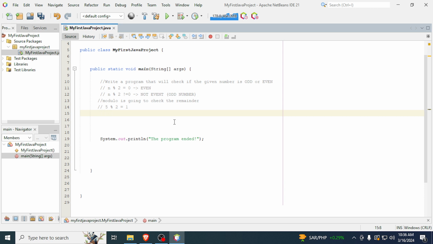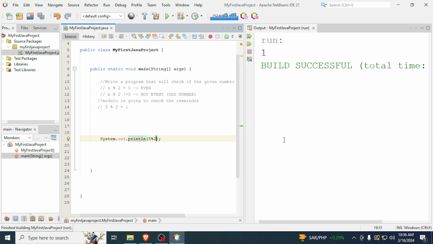Alright, so to show it, let's create here our literal example. Let's say, for example, the number 5 modulo 2, and let's click play or run. So we got 1. Alright, so 5 modulo 2, then we got 1 as our output. Alright, so how about 9? Here we get 1 as well,